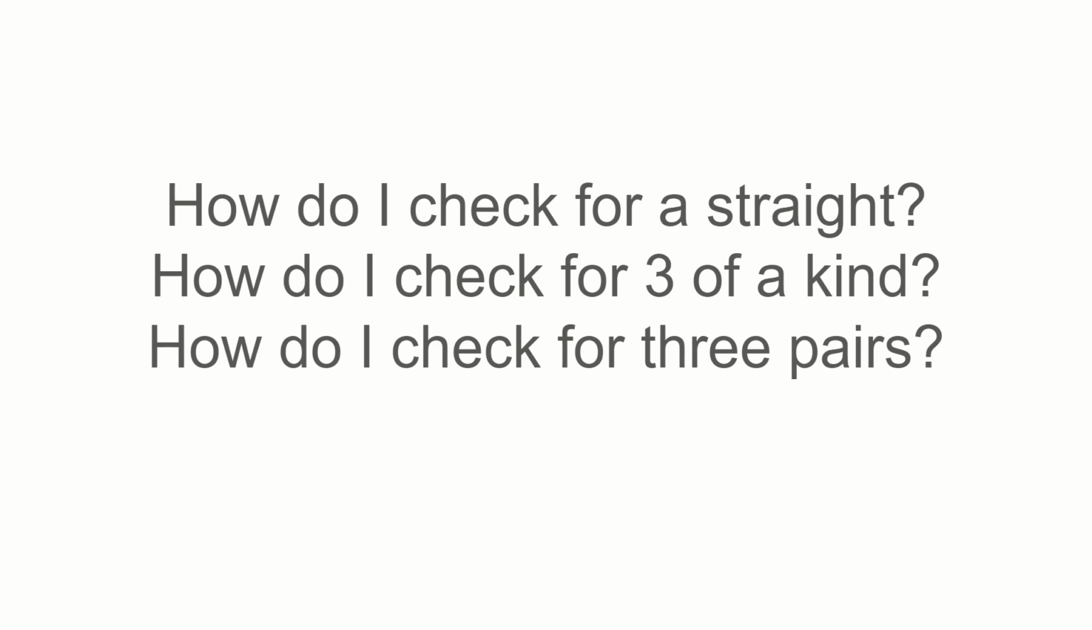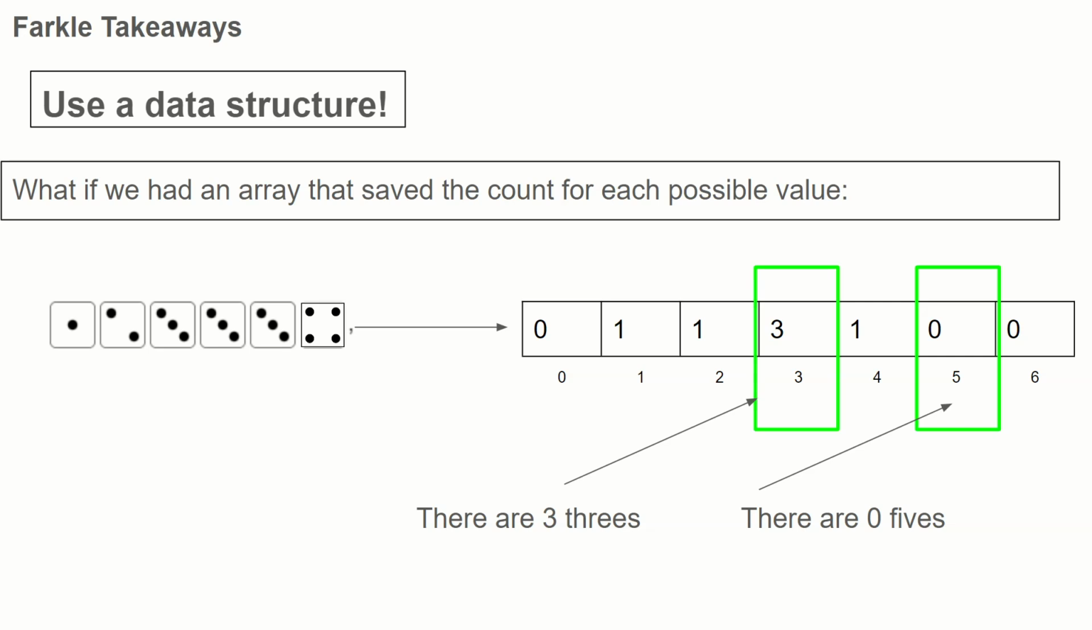A number of people had specific questions about checking for certain kinds of scoring pattern. How do you check for a straight? How do you check for three of a kind? How do you check for three pairs? I think the answer, or one possible answer, is one of our big takeaways from today, which is use a